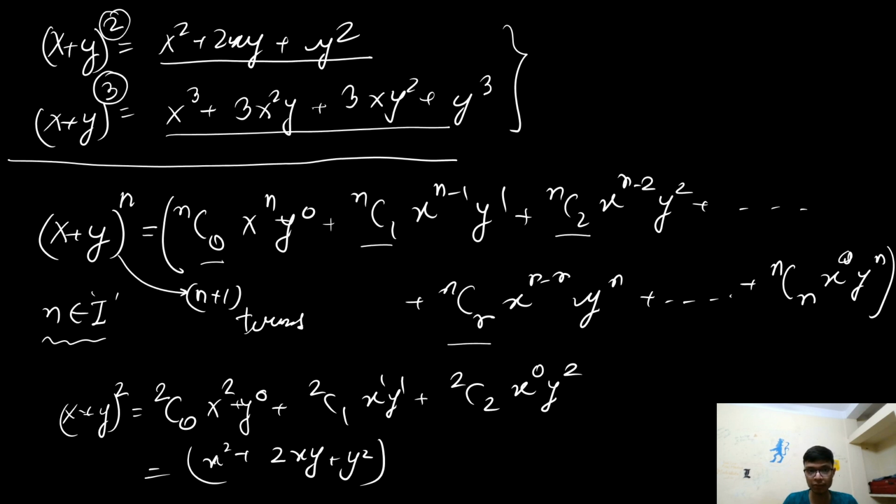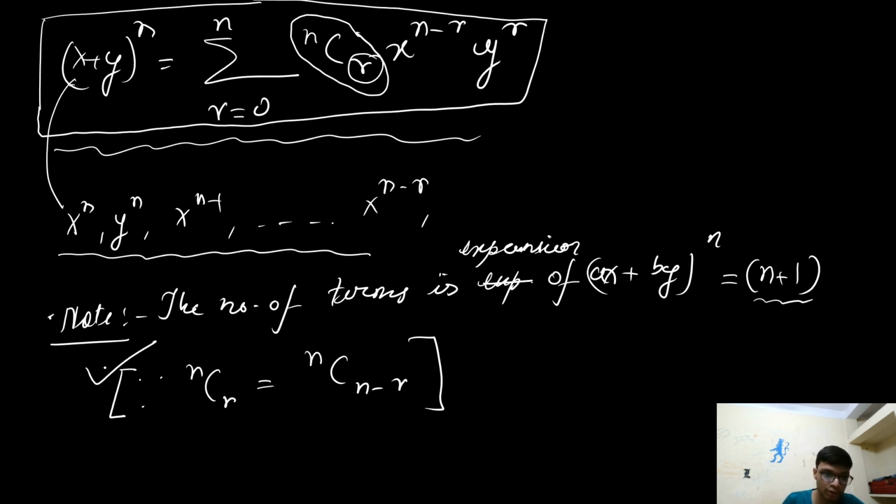That means if you see the expansion of this particular quantity, from the front end as well as the back end, the first binomial coefficient is 1, and similarly this binomial coefficient is also 1 over here. So 1 over here and 1 over here. Similarly, you move forward, you will have 3 over here, and similarly from the backside you will also find a 3 over here. That means nCr is also equal to nC(n − r). All right, so this particular relation plays a very important role, that is nCr is equal to nC(n − r). इस रिलेशन में भी काफी सारा क्वेश्चन आप देखोगे, ठीक है।